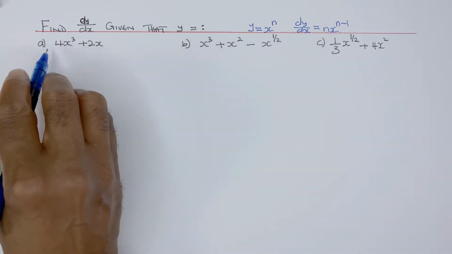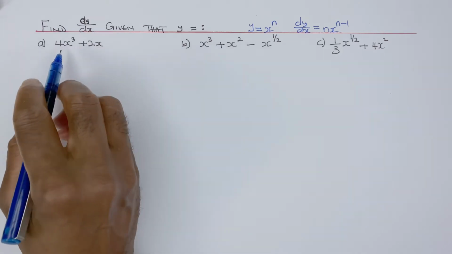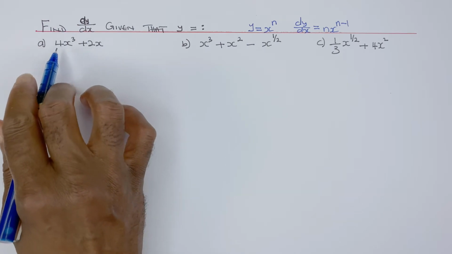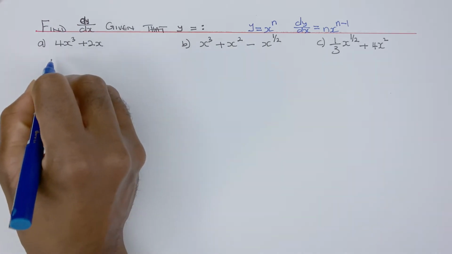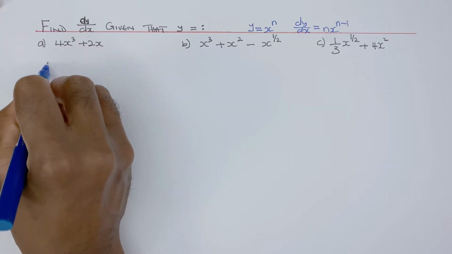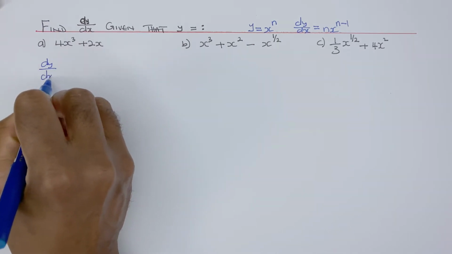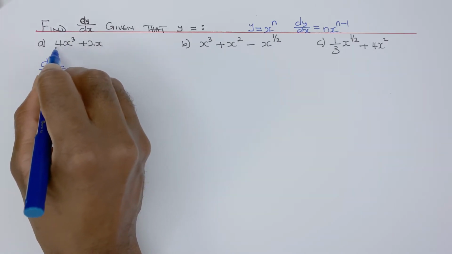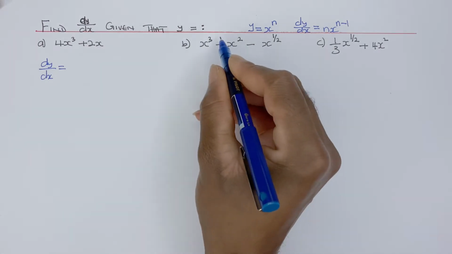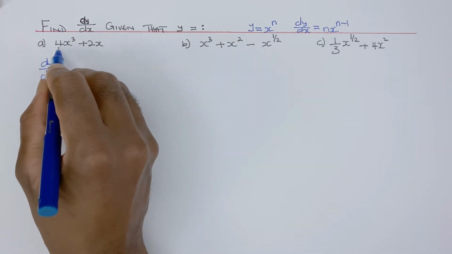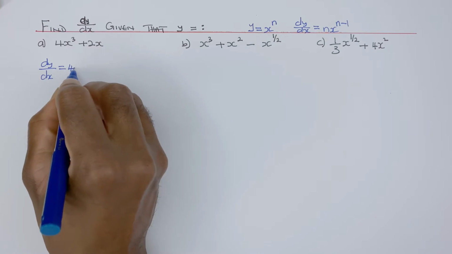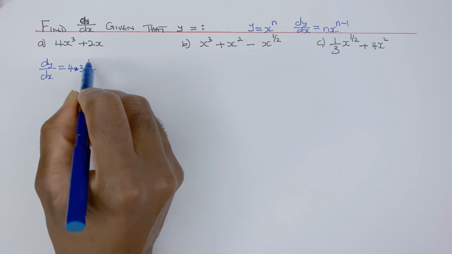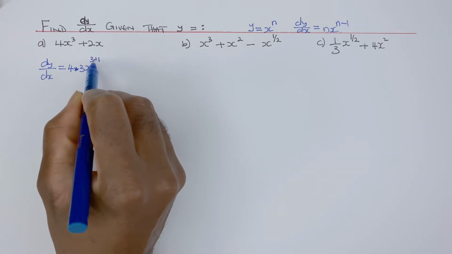So, to find dy/dx for the first one, this is a compound function. So you've got more than one function in there, that plus that. So in this case, what you need to do is to say dy/dx, so you do one each. So that will be 4 times 3 times x. You bring the 3 down because n is 3, so 3 times 4. So that will be 4 times 3 x to the power 3 minus 1, plus